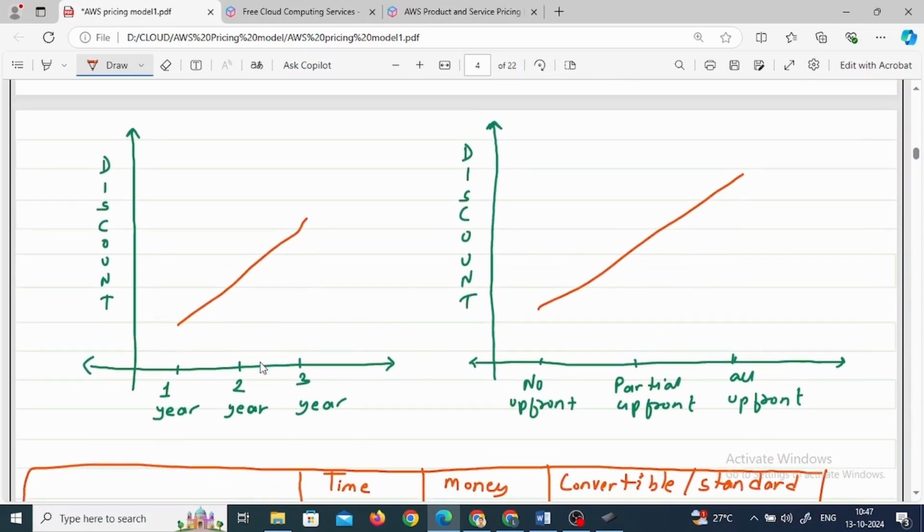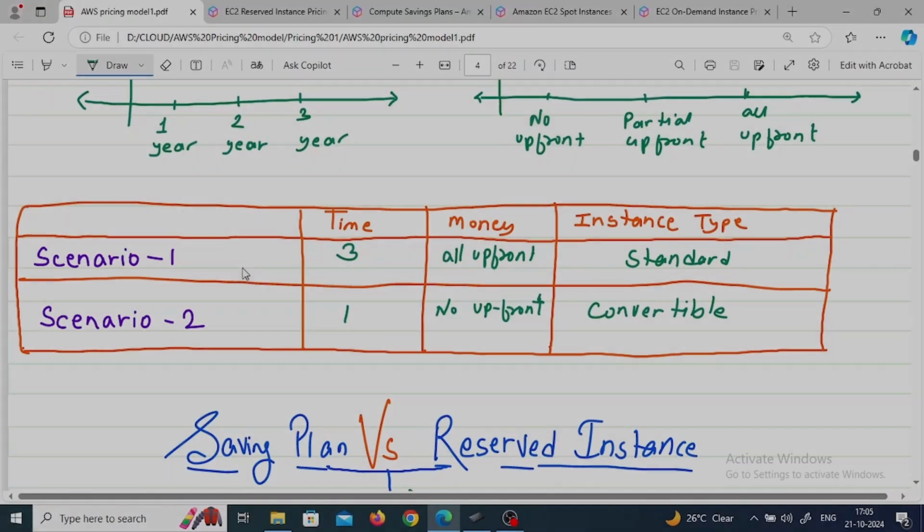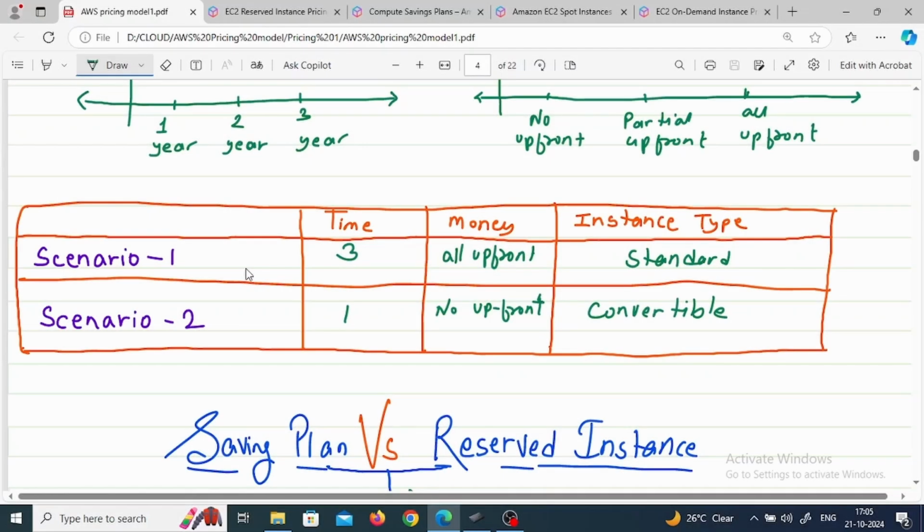If you are promising AWS to use any instance for 1 year, then you will get less discount. If you are promising to use the same service for 3 years, you will get more discount. It is very obvious. Similarly, if you pay no upfront, you will get less discount. If you pay all upfront, you will get more discount. If you pay partial upfront, you will get somewhere in between. Now question time. Here I am presenting you two scenarios, and you have to decide in which scenario you